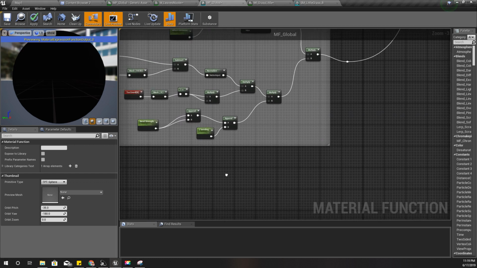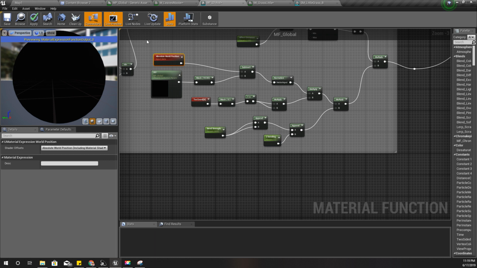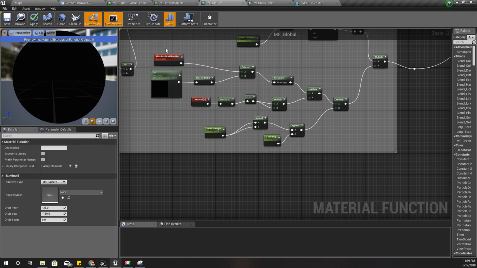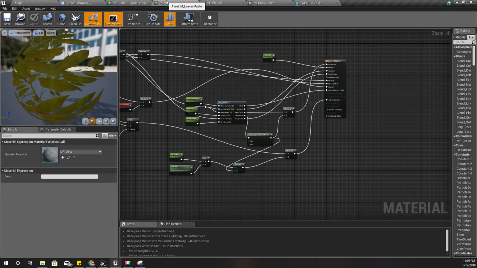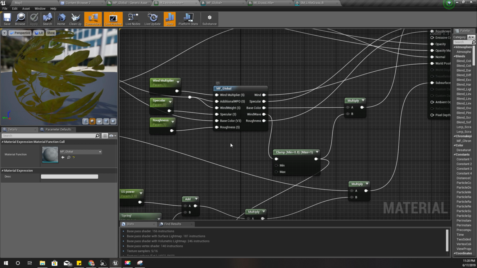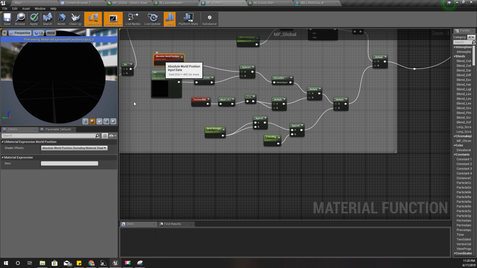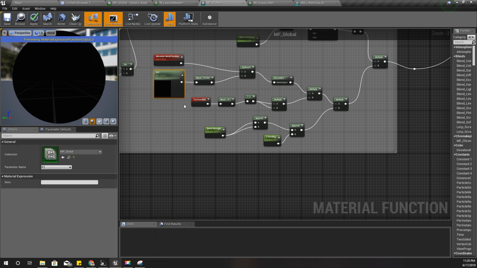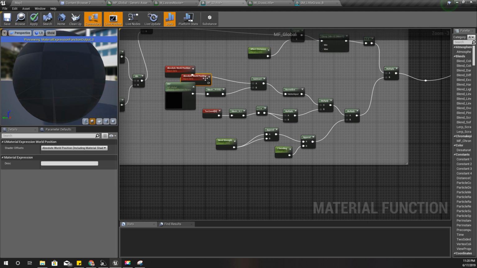Right, so this is what I'm going to do. First, I'm gonna get this absolute world position, actually pretty much the same setup that I have here. So this is the world position of that particular pixel or the texel that I am considering at the moment. So yeah, I'm gonna get that one,